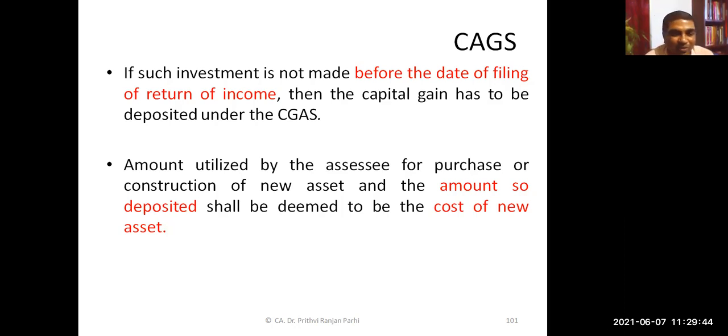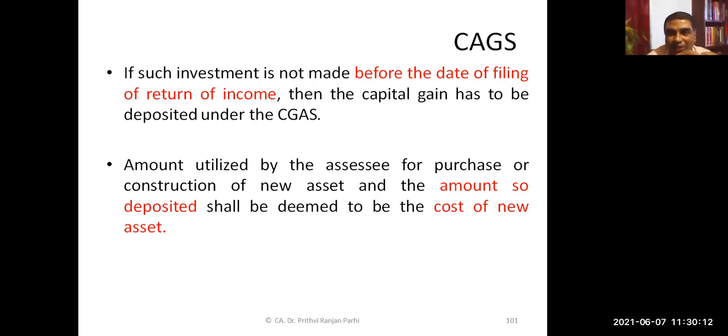But before July, he has not invested. So in case there is a capital gain, then how will the assessee file the income tax return? How will he assess his income? Okay, so here there is an option. If the assessee has invested the entire money, let us say the assessee has purchased the house before July, then fine. He can avail the exemption.